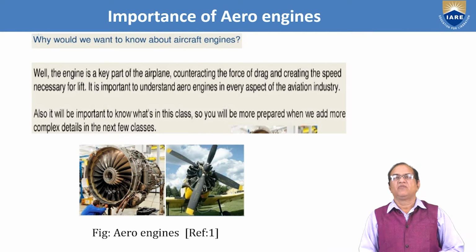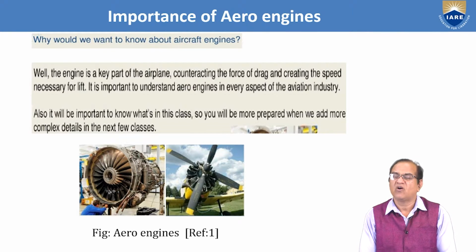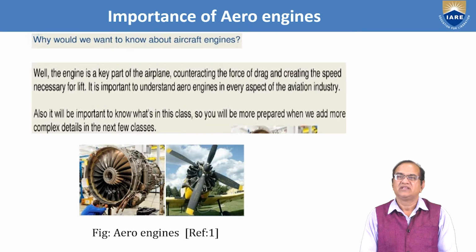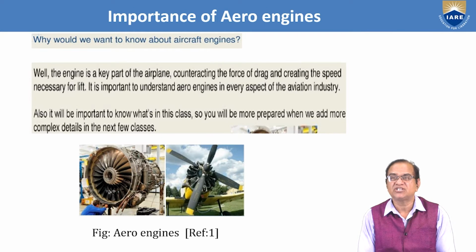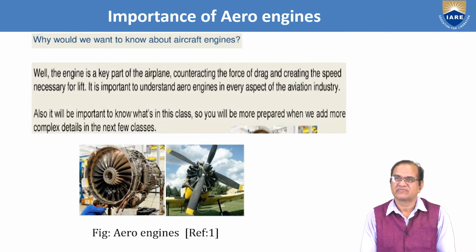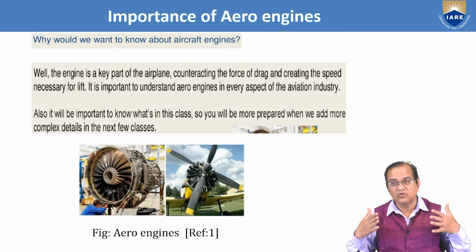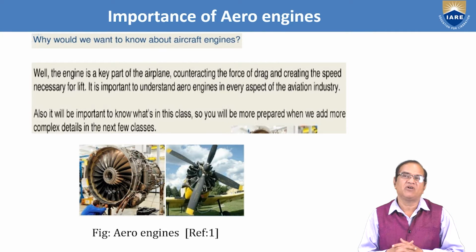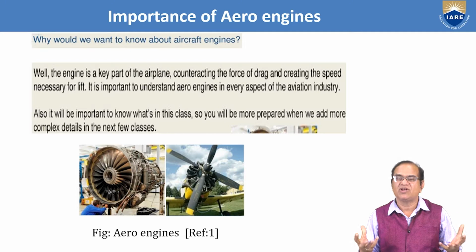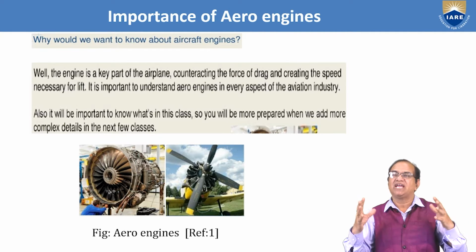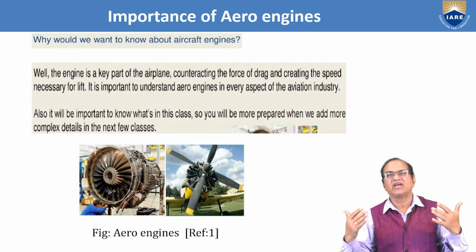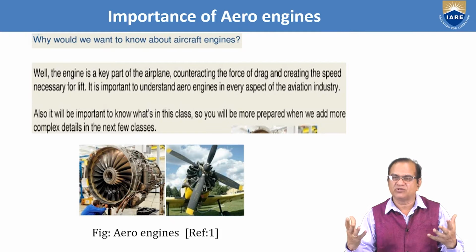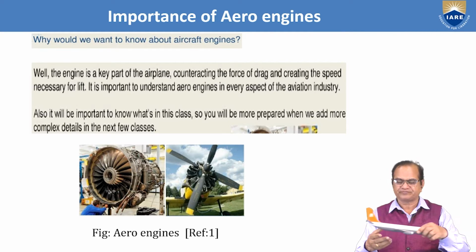So we should understand that for an aircraft, the engine thrust has to counter the drag. But if you want to take off, you need a sufficient amount of velocity. This velocity we can get only from the engine. Engine will move the aircraft forward, and due to this motion, you will get a sufficient amount of velocity, and this velocity will make sure that your aircraft goes up. Just I will show you here.